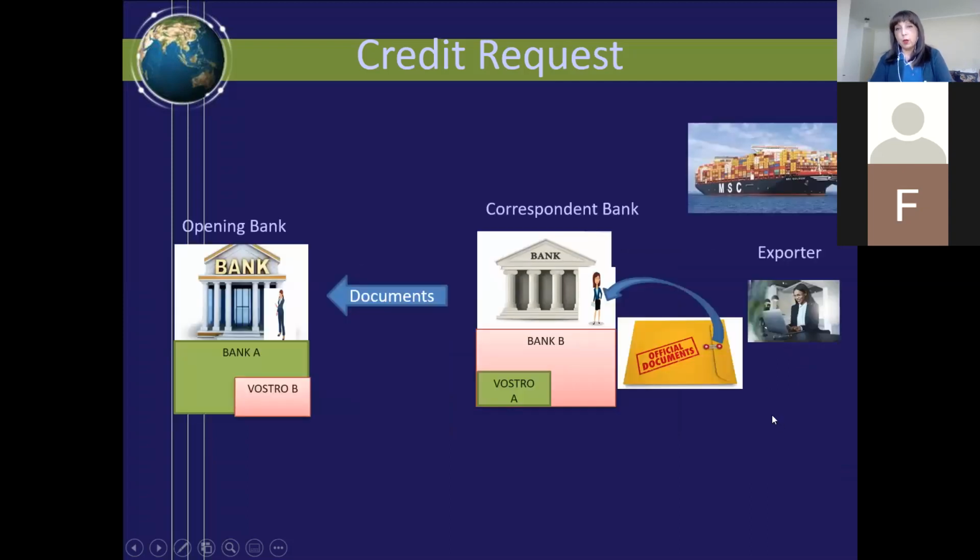And here we go. She ships the merchandise, collects all the documents she had to collect in order to ship the merchandise, and presents them to the teller. The teller will have to verify these documents according to the SWIFT she received, and then she pays. From where? Depending on where she put the money, so she can pay the exporter. That is a sight letter of credit, because she's giving the document and she's going to be paid immediately.